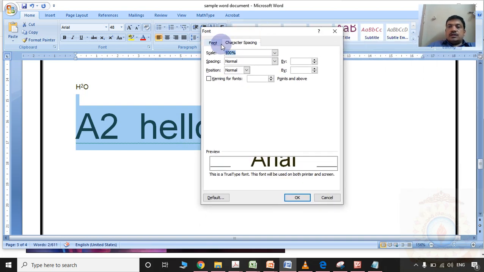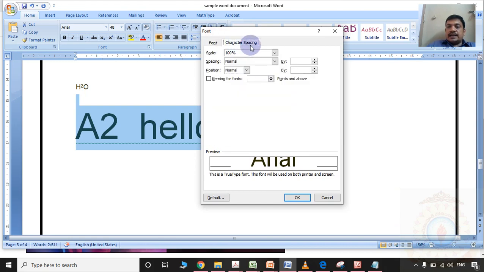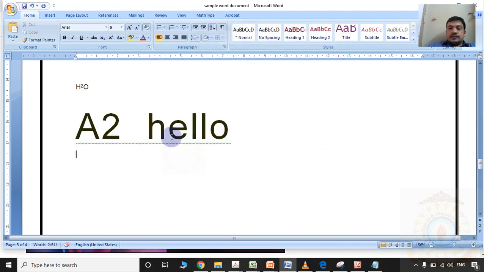Please observe in the font option, the character spacing option is also available. If you select the expanded option, I am choosing some 2.6, then the space between the letters will vary.